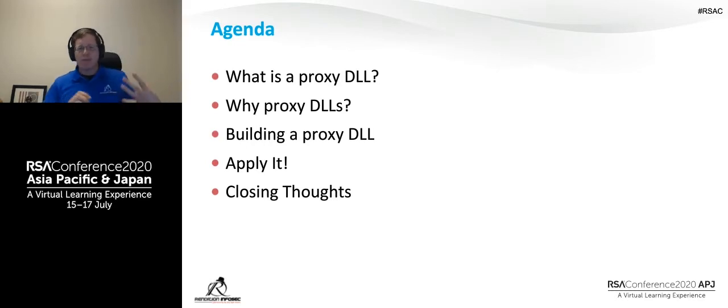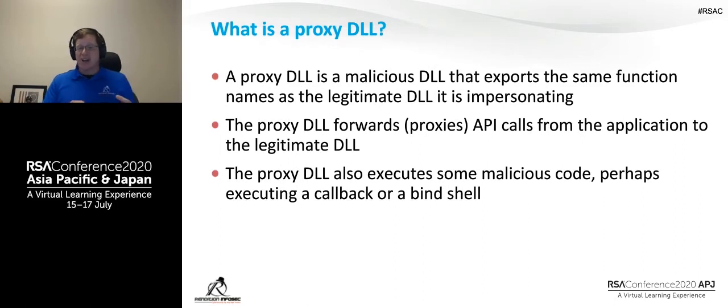So what is a proxy DLL? A proxy DLL is a malicious DLL that exports the same function names as the legitimate DLL that it's impersonating. A proxy DLL is forwarding, or proxying, API calls from an application to the legitimate DLL. You can almost think about this, if you're familiar with the term hooking, or in some cases shimming. This is basically the equivalent of shimming a malicious DLL into a legitimate application. And this has tons of uses, but privilege escalation and whitelist bypass are 2 of the most important, and they're the 2 that come into play the most for us when we're doing our assessment work at